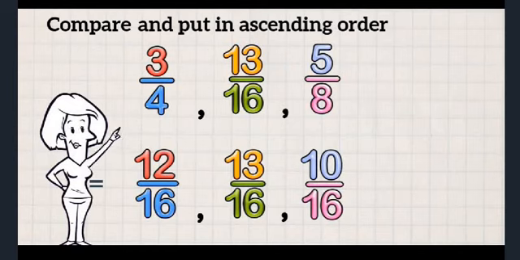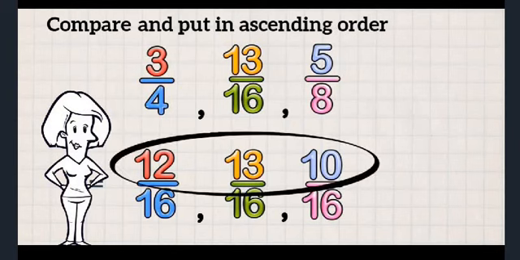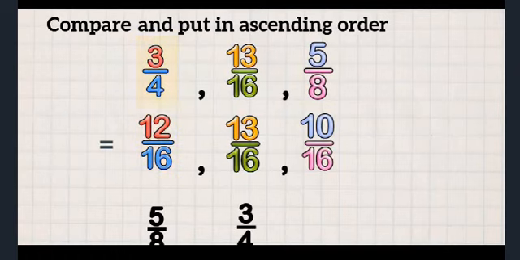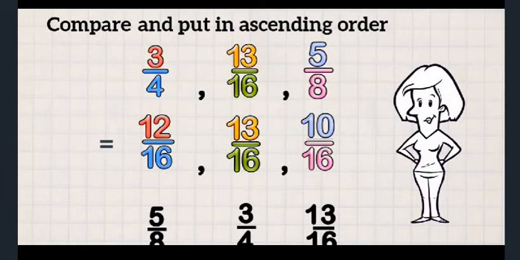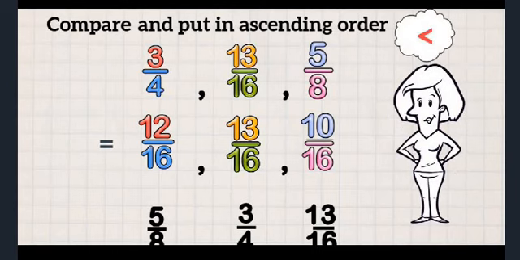We have to rewrite the original fractions in order from smallest to largest. We use our equivalent fractions to tell us what the order is. Smallest was 10/16, that's 5/8. So we write 5/8. Then we have 12/16, so we write 3/4, and last 13/16. We order them from the smallest to largest, as the question says. So we use the less than sign. 5/8 is less than 3/4 and 3/4 is less than 13/16.